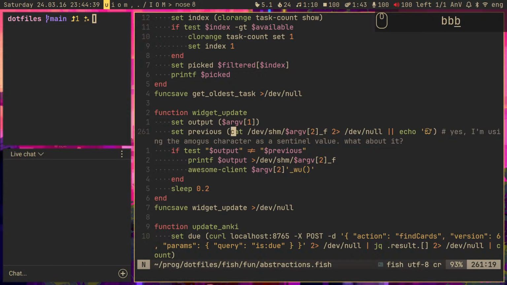So we check what's written into this data file, and if nothing is written to it, we print, I kid you not, the Amogus character. I'm using this as a sentinel value to effectively say